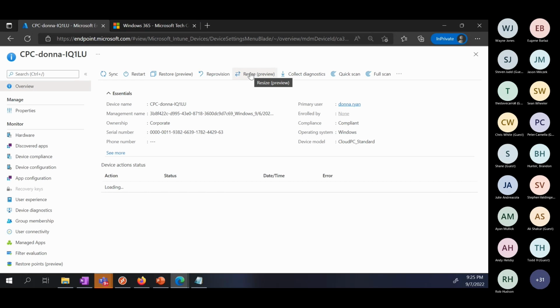Now, as of today, that only works with licenses that are assigned to individual objects, individual users, not groups. So if you are doing group-based licensing, let's say you have two Azure AD groups, a 2x8 and a 4x16. What you would do is take the user out of the 2x8 group, their cloud PC goes in grace period. You take the 2x8 license, apply it to the user. Then you take a 4x16 license and apply it to the user.